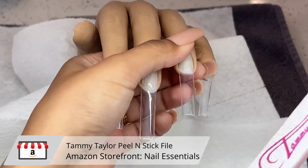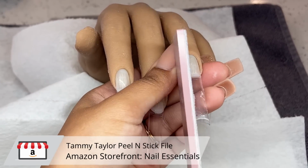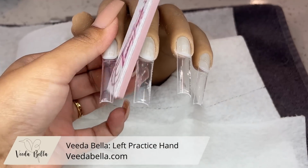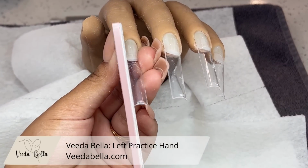For today's video, we're gonna start off by prepping the nails that are already on my pre-prepped practice hand. For today's video, we are using the Veeda Bella practice hand along with all of the nail essentials that come